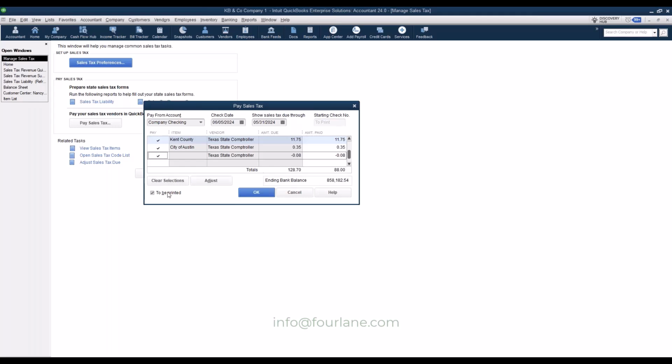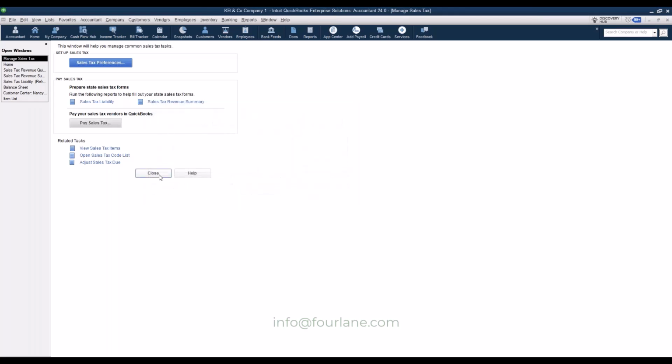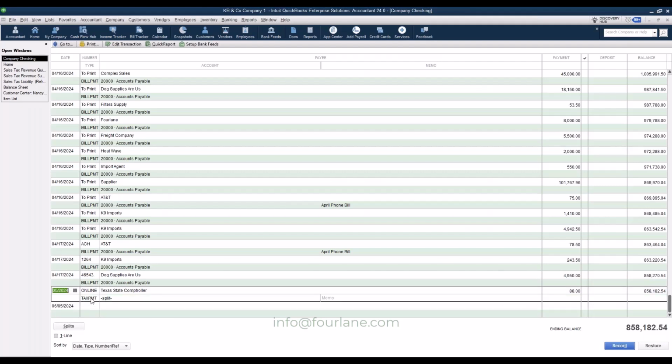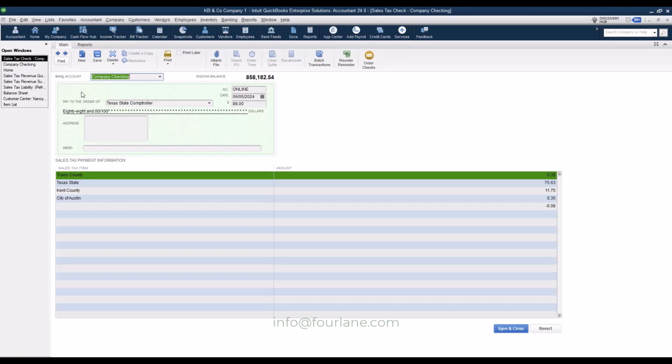And again, I'm not going to be printing a check from QuickBooks. I paid this online. So my solution here is to uncheck the to be printed box. And I can type in here, maybe I paid with an ACH, or I say online, and I can record that payment. Okay. I can come back into the screen to pay additional taxes if I need to. But here is that $88 tax payment check online